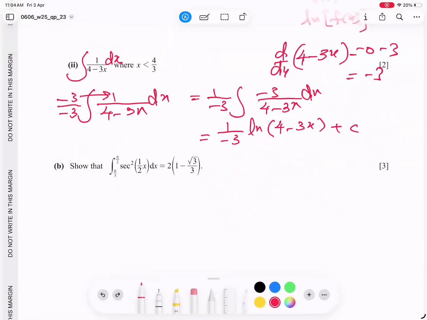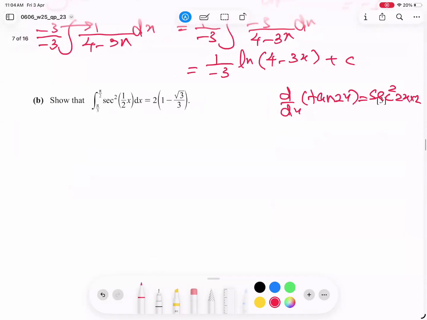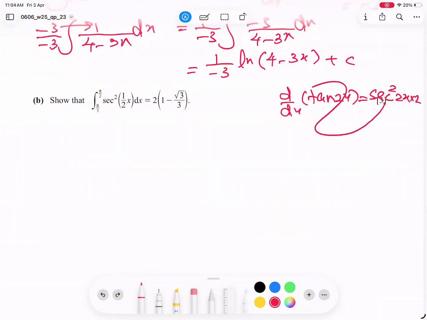So this question is integration of sec. Basically, if I tell you the derivative of tan of, for example, 2x, the derivative is secant square 2x into 2. But if you want to go backwards, integration of secant square, what will happen? I will get a tan and this 2 will divide. So I'm going to show you now. Integration of secant square will give us tan